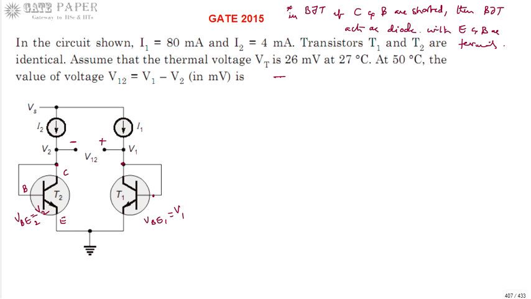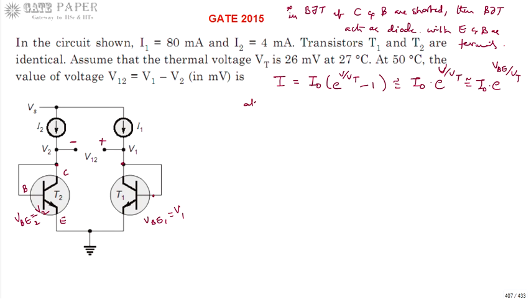The current flowing through this diode-connected BJT is I equal to I0 into e power V by Vt minus 1, not bothering about eta, but it is approximately equal to I0 into e power V by Vt. Here V is the voltage across base to emitter, so we write it as VBE. In forward bias, e power VBE by Vt is very large compared to 1, so the 1 is neglected.